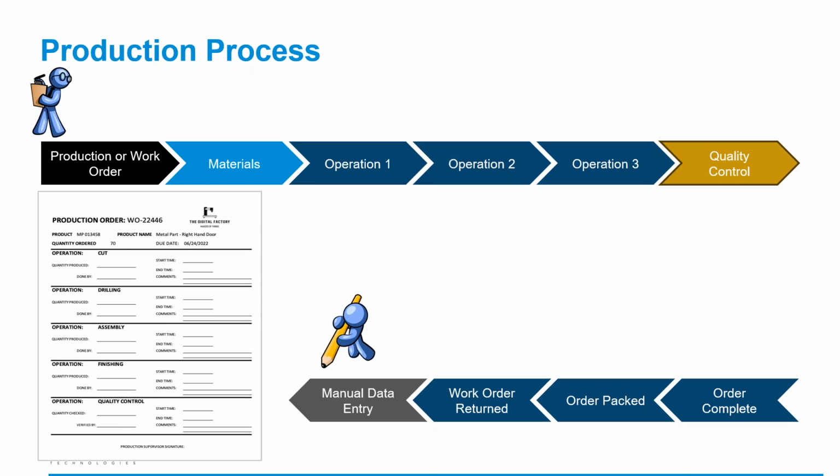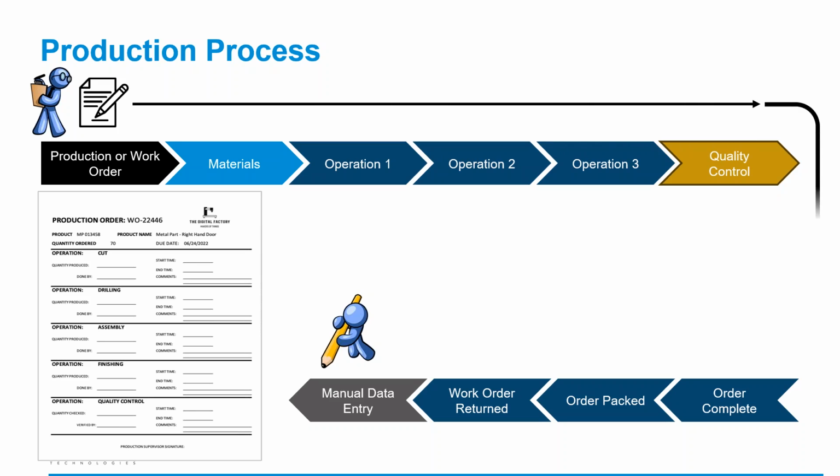So if you look at a traditional production process, like what does it look like? Well, I might start a production work order, right? Then we do some material assignments, we start going through operations, and then we hit quality control. Once quality control is completed, we complete the order, we pack it, we return the work order, and then somebody has to enter the data. Well, if it hits quality control here, wouldn't it be nice to know if something was happening or if things were consistently happening so that I don't have a 3-day lag time of getting the report back, inputting the data, and trying to track down which of these operations or operators,